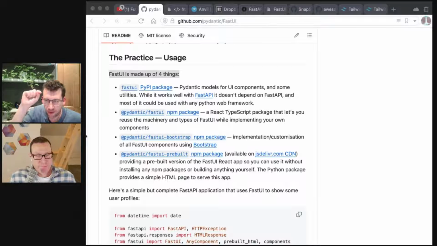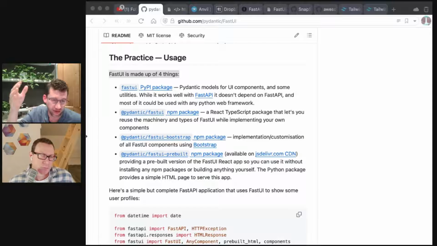But the cool bit, in my opinion, of FastUI is that at its core, it's really the definition of a bunch of different schemas. Those schemas are defined in Pydantic and in TypeScript.